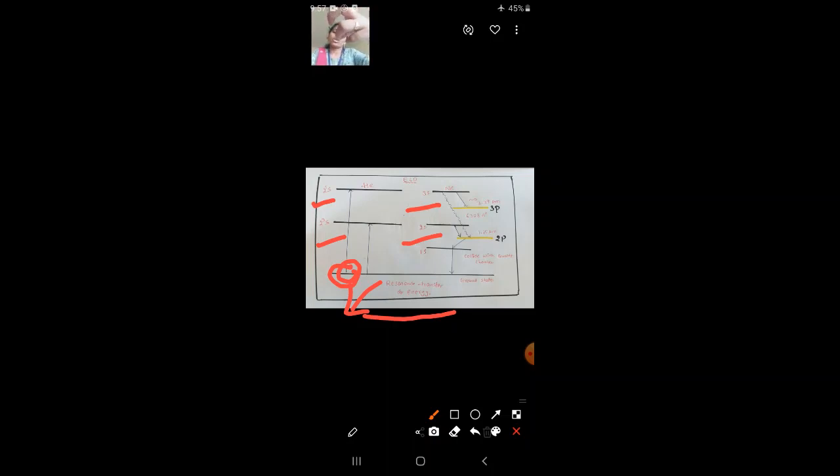And they lose that energy and enter the ground state. In the ground state of the neon atom, they absorb that energy and again enter the 3s level. Whatever energy we give, they take it, enter the excited state, and again lose the energy. Helium takes the energy and enters the excited state. So the process is the same and the energy levels are the same, which is why this is resonance transfer of energy.